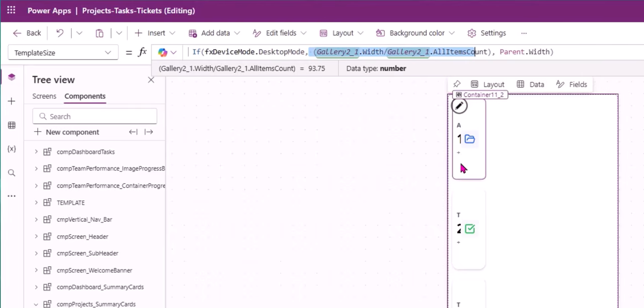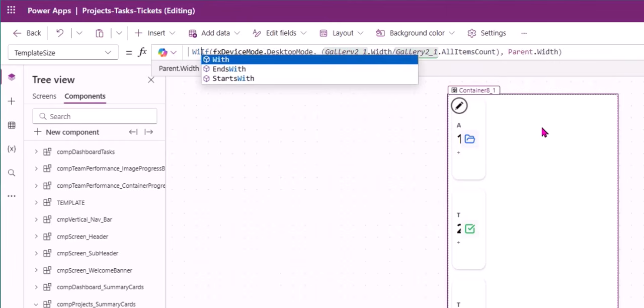If you've worked with Excel, so what will be the width, what will be the distance, how far should it spread out? Since I want something dynamic, I just said I want the entire width of the gallery divided by the number of counts. So if the gallery is like 12 and I have 4 items, each of them will take 3, which will be equal for each. Then I'm saying if I'm on mobile mode here, I want it to just give me the Parent.Width, which is the width of the entire component here. So that's why if I change this to width,